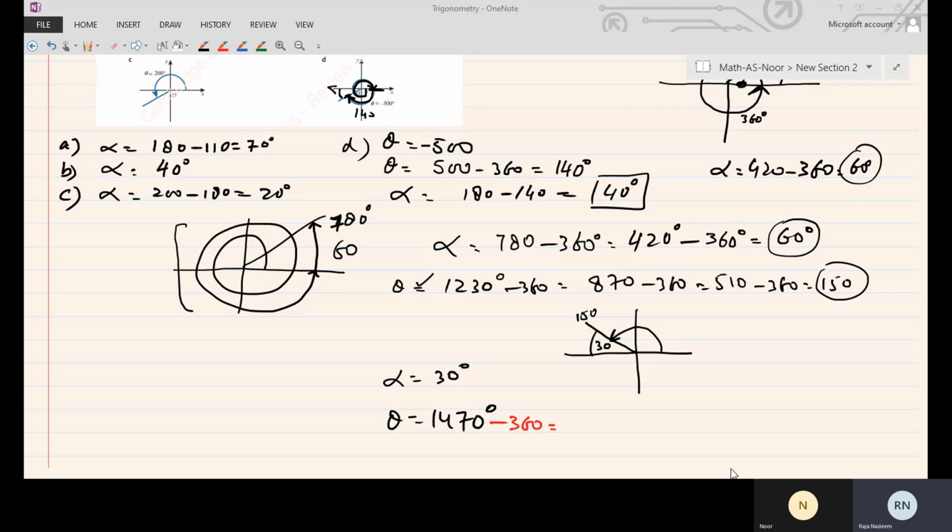So, what is the basic angle of 1470? I got 30. 30. Yes. So finally, when you keep subtracting 360, you will get 30 degrees at the end. So 30 is the basic angle, which is less than 90. If I ask you to plot this for 1470, then the angle would be in the first quadrant. 30 would lie in the first quadrant, and